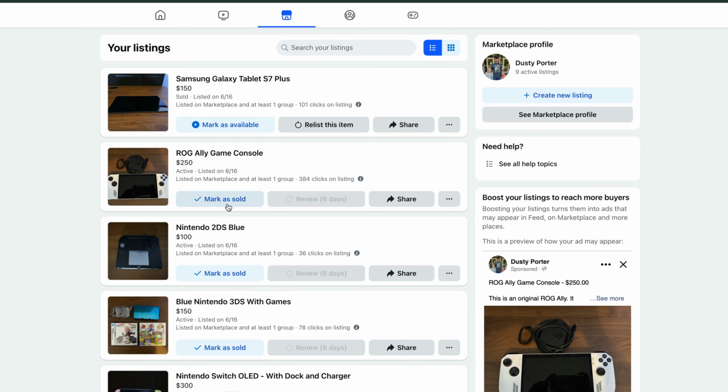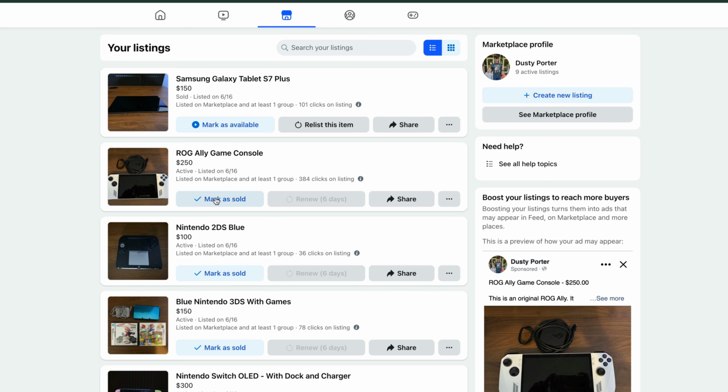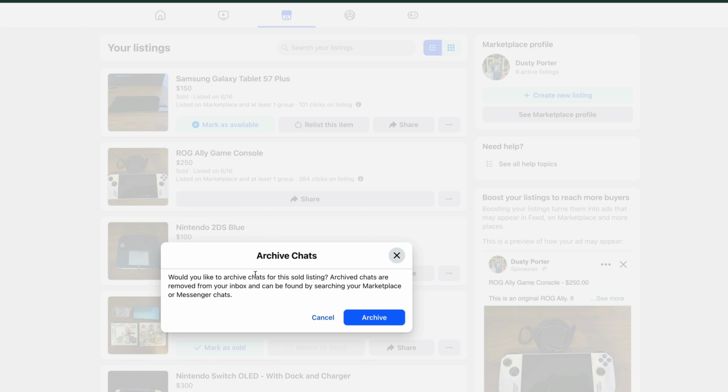Sometimes you will see this button here that says Mark as Sold. Now, other times you'll have to click on these three dots here, and there will be an option here that says Mark as Sold. I've found that it really just depends on if you're on mobile or whatever it may be. So you want to go ahead and click on the Mark as Sold button here,